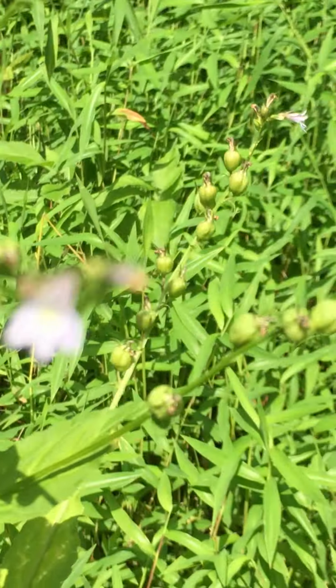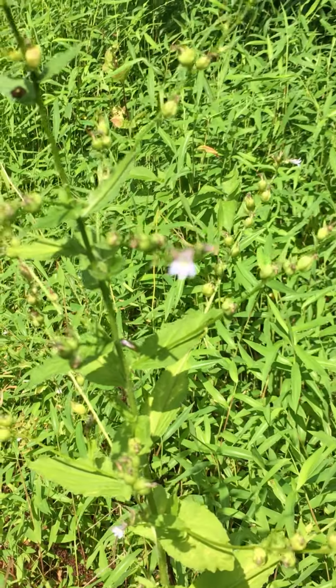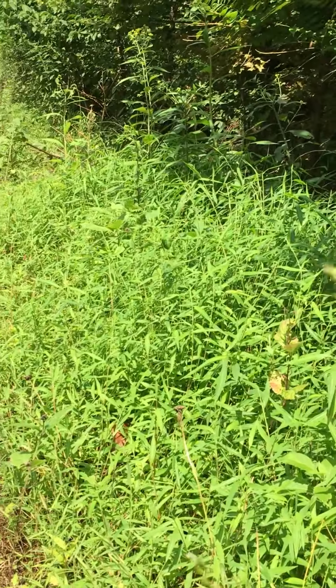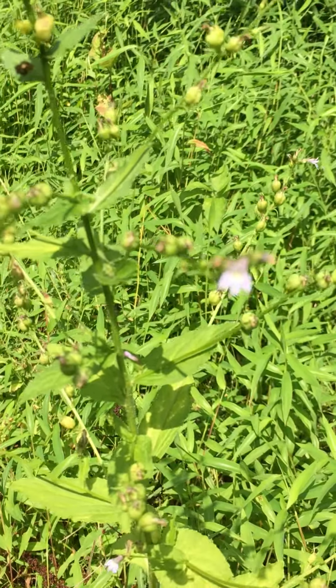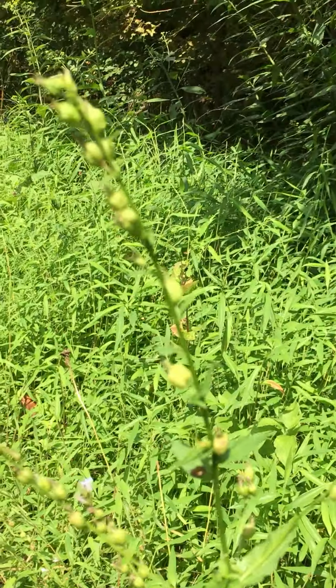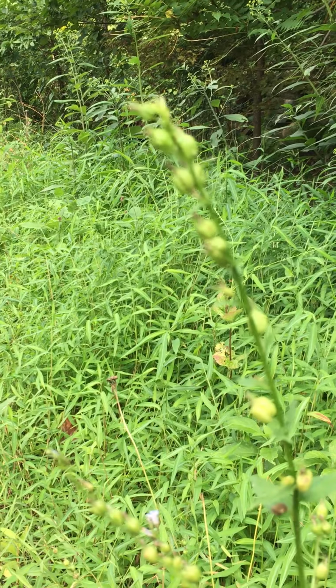Here we have our plant Lobelia inflata. It's in the Campanulaceae family, or Harebell family, H-E-R-E Bell family. We have several of the Harebell plants out in this area. You can see the elongated raceme at the top of the